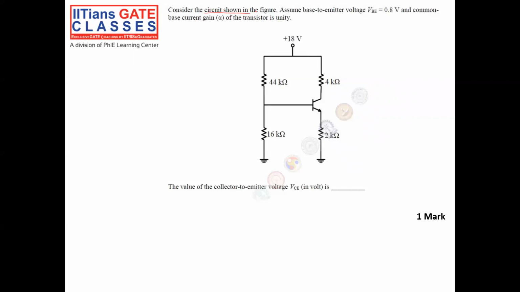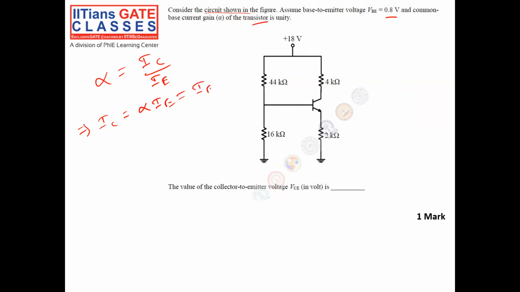Consider the circuit shown in the figure. Assume base to emitter voltage VBE is equal to 0.8 volt and the common base current gain alpha of the transistor is unity. What is common base current gain? Base is common, right? The output current is the collector current and the input current is the emitter current. So the common base current gain is equal to IC by IE, because the base is common. So this implies IC is equal to alpha into IE, but since alpha is given as unity,